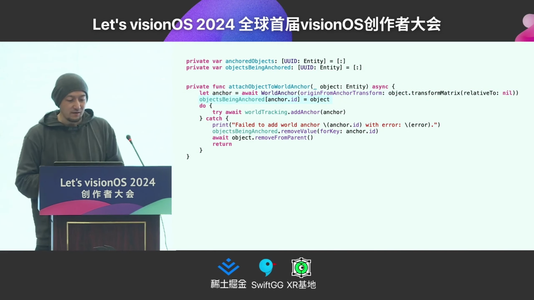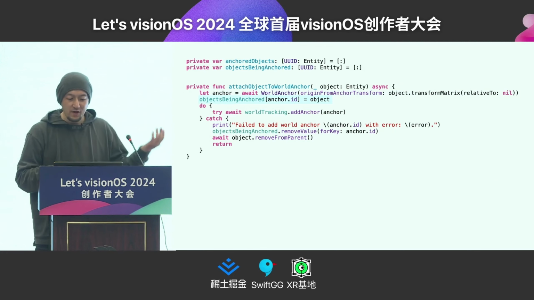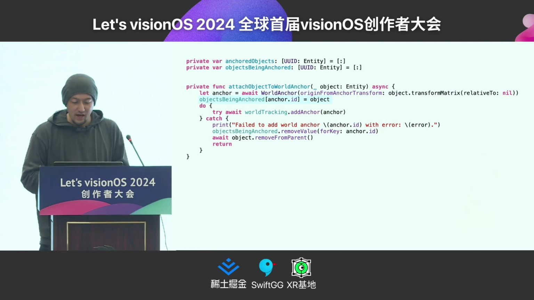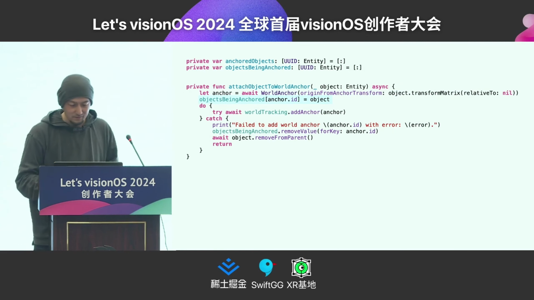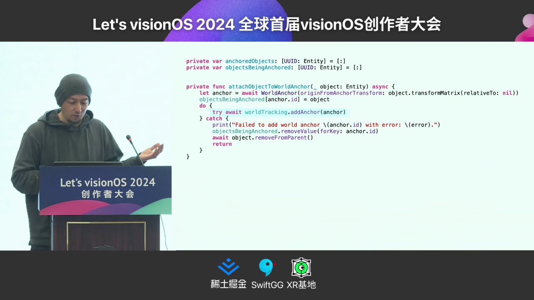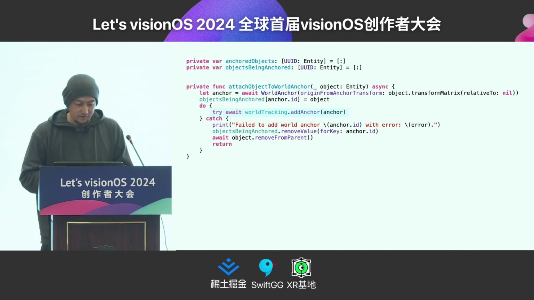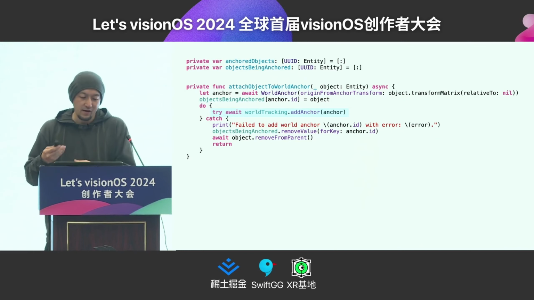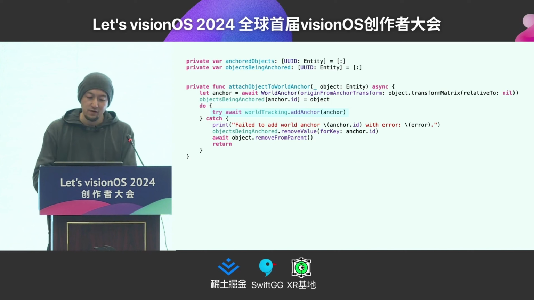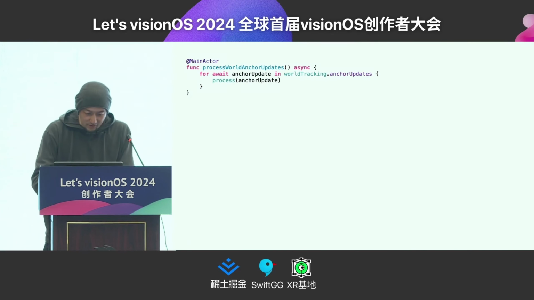Then we add the placeholder to the temporary location, objects being anchored. And then we add the anchor to the world tracking provider. Sometimes this could have an error, so we have to have error handling as well.